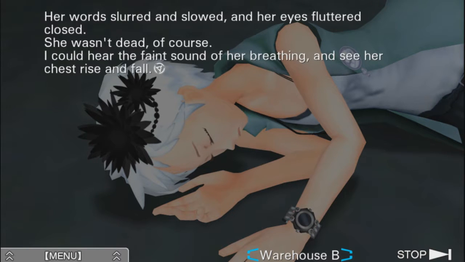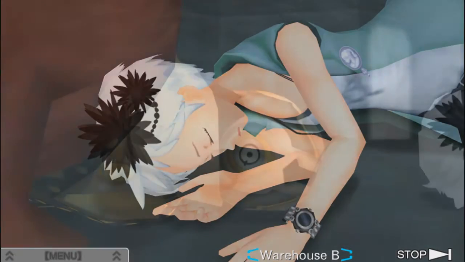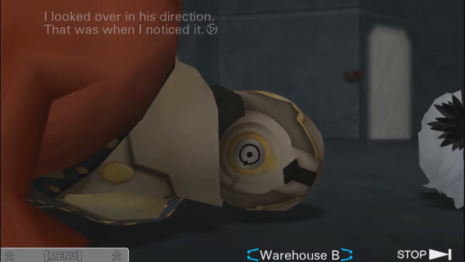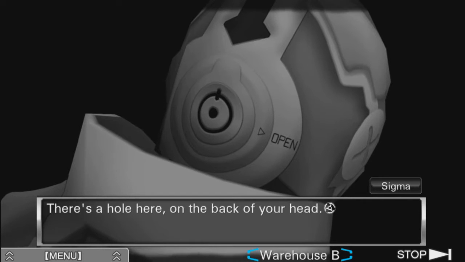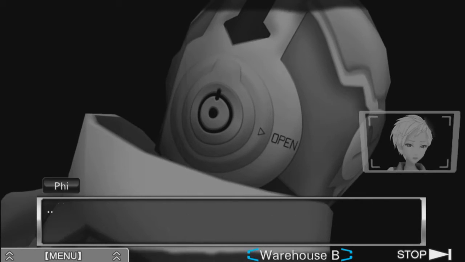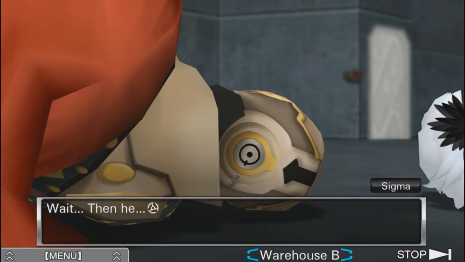She wasn't dead, of course. I could hear the faint sounds of her breathing and see her chest rise and fall. Good, Phi's gonna be alright. But Kay... I looked over in his direction. That was when I noticed it. Oh my god. He used it. Yeah, it looks like you insert something. It says open. You could open up the suit and take the mask off. Oh my god. Then he...